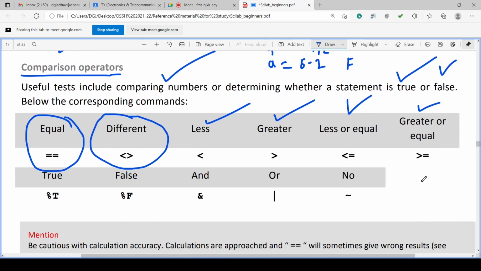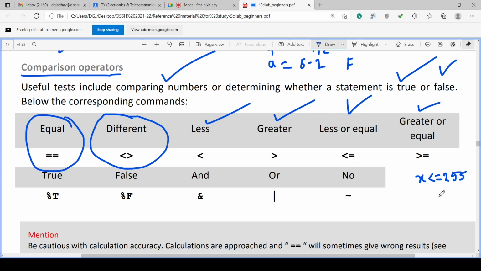Suppose we have written a for loop, and in that some variable x is incrementing, and it will be less than or equal to, suppose, 255. So it can be correct for x equal to 240, it can be correct for x equal to 241, because it is less than 255. It is also correct for 255 because it is equal to 255.